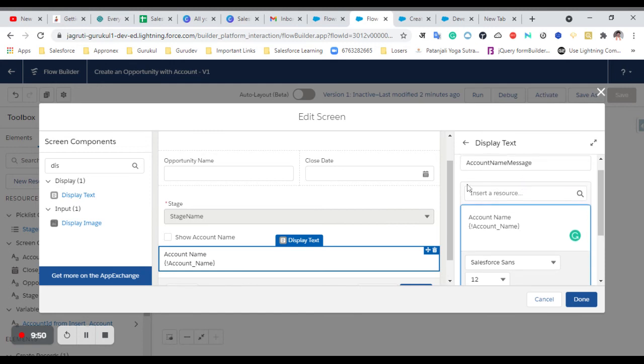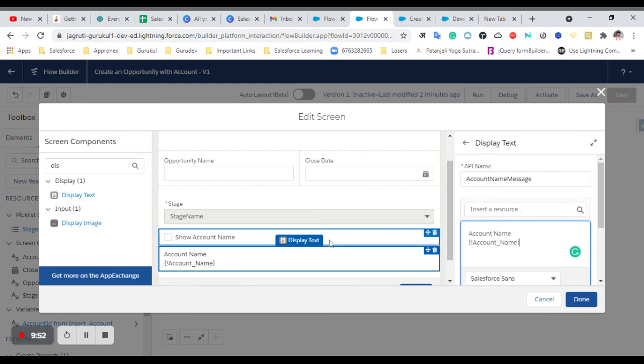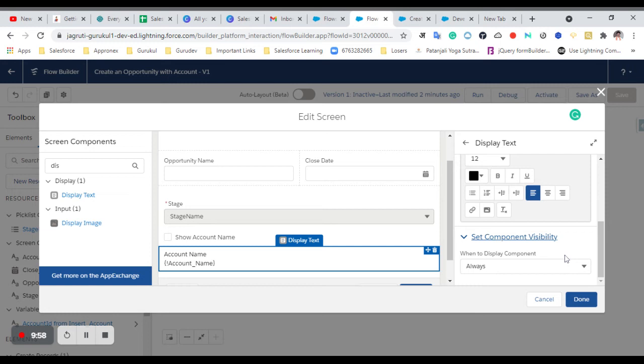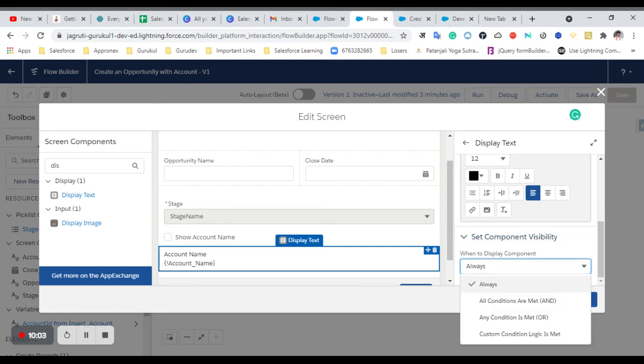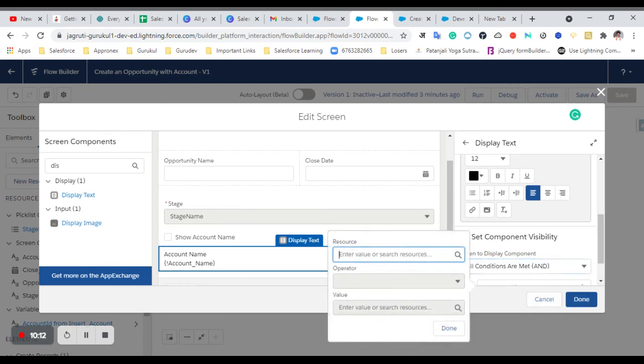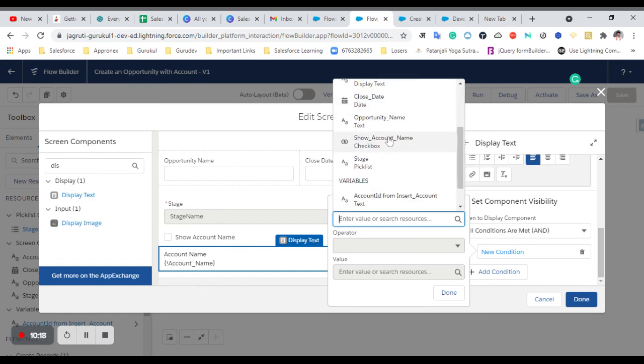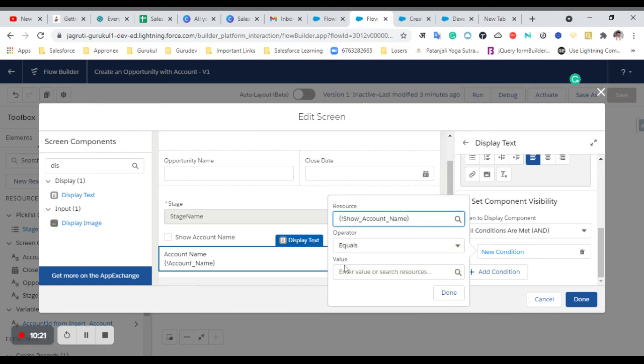Now if you see, for each and every component we have set component visibility option. By default it will be always, but if you want to put any custom logic and condition or condition, we can directly put. So for now I am just putting and condition, and in this and condition I am saying the show account name.